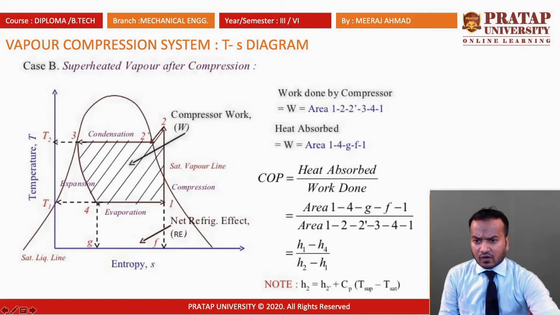Then from the outlet of the expansion valve the refrigerant goes into the evaporator. In the evaporator, heat is extracted by the refrigerant. Then you get point 1, and you can draw the straight line, because in the compressor the process is isentropic, so the entropy is constant from 1 to 2. From here you can find this TDS diagram, from where you can find the COP of this case.